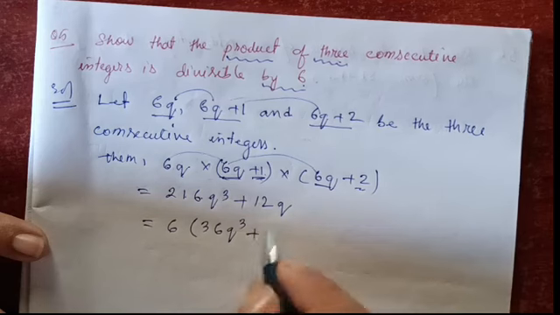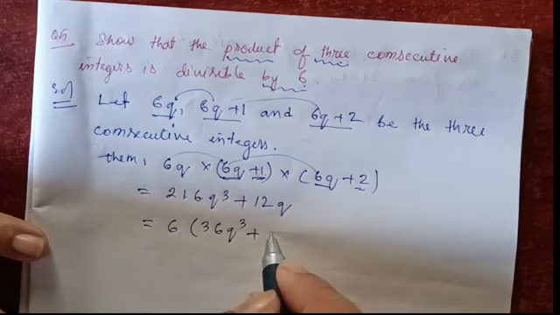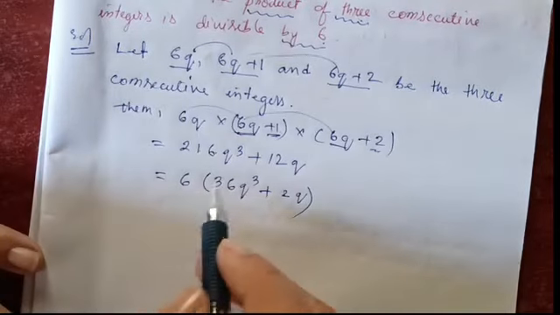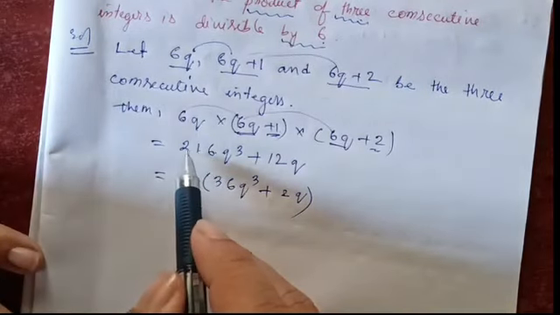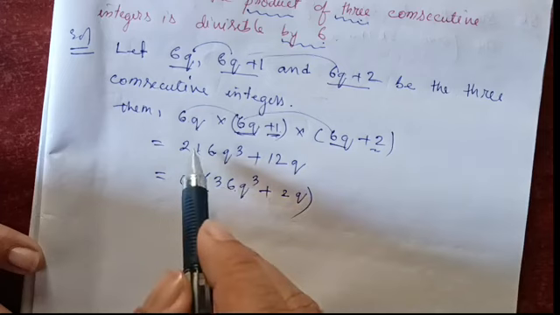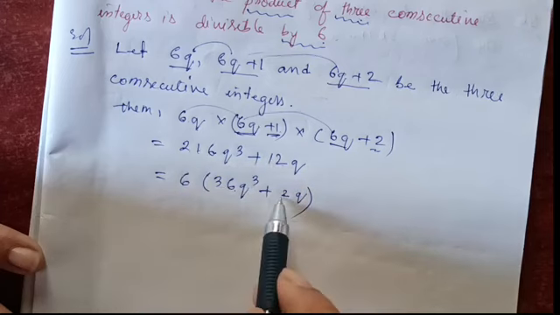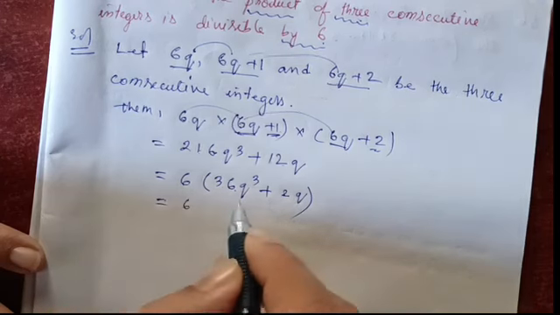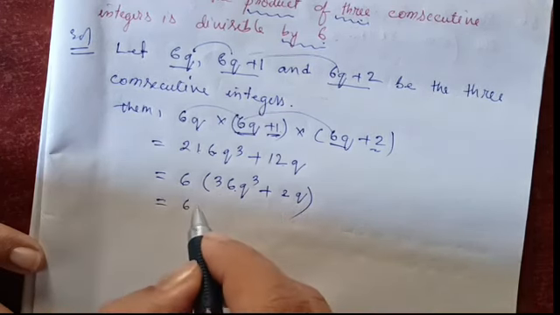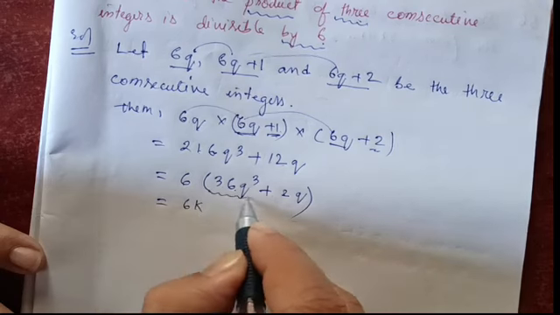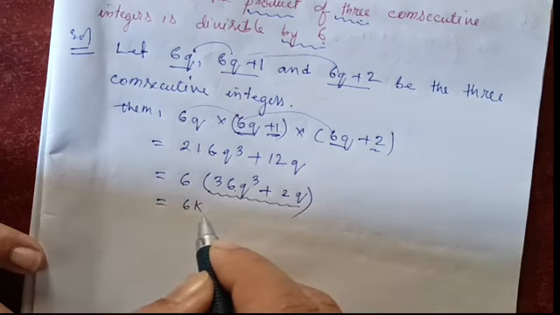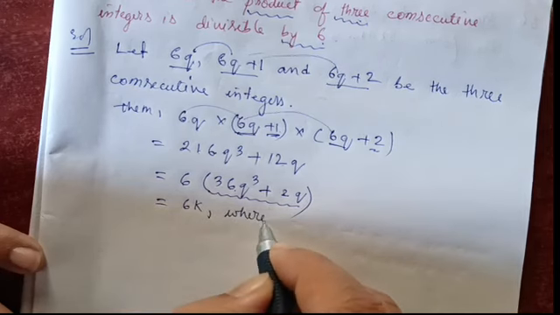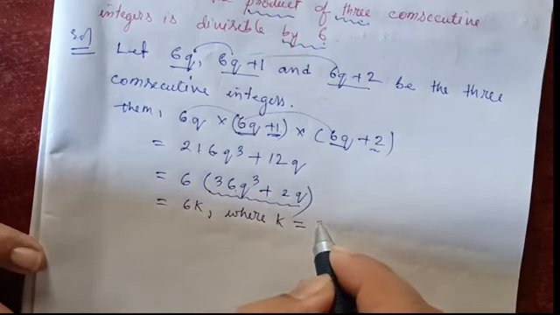Clear, right? What about this 12? 6 2s are 12. Okay, so when you divide 216 by 6, you get 36. When you divide 12 by 6, you get 2. So we are writing the answer here. I told you that these numbers should be replaced by k. All the numbers which are inside the bracket will be replaced by k, and you can show here where k equal to